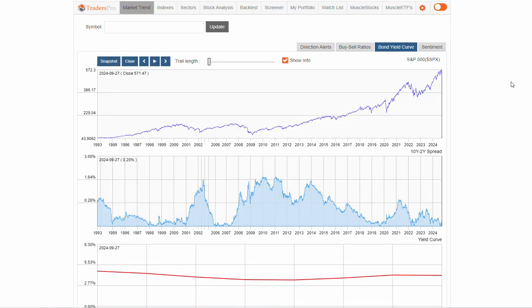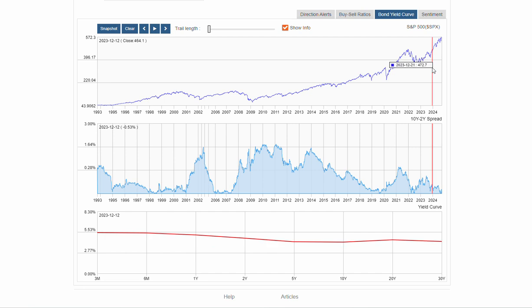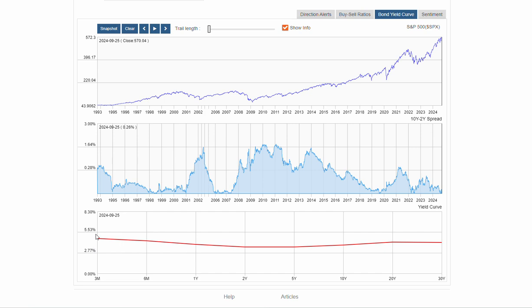And then also the bond yield curve, which I'll bring up again each of these sessions, because we talk about what's happening in the bond market, and we know that the short end of this yield curve has got to be taken care of. If we look really in the last few weeks, on this 3-month time frame, if I scroll this up a little bit, watch that end of that yield curve, you're seeing it coming down. Okay, so we know that the Fed has made some adjustments with interest rates, and that's starting to show up. So we're starting to see interest rates on the short end of this yield curve start to come down a little bit,